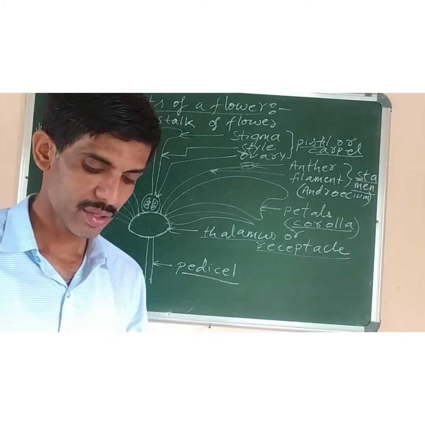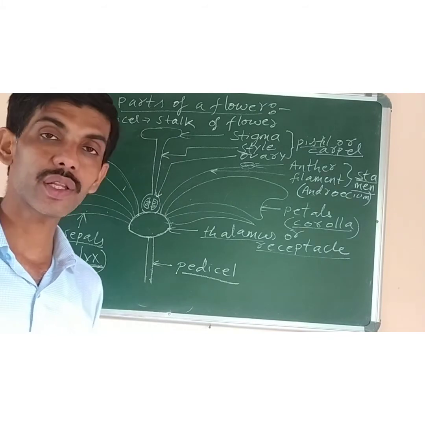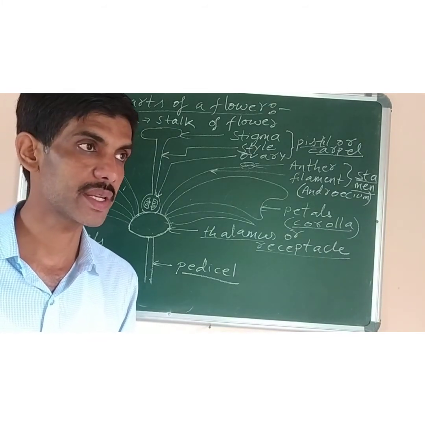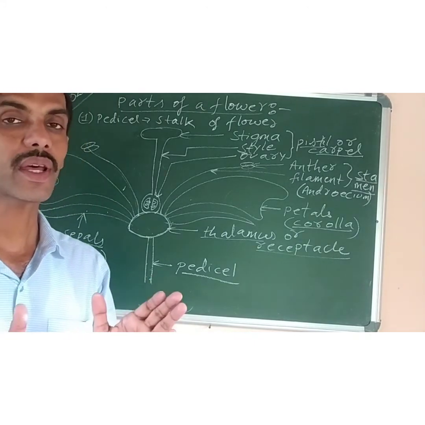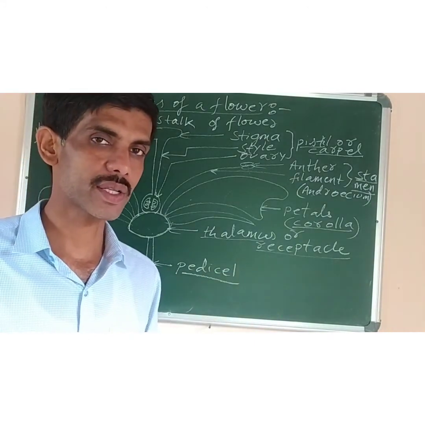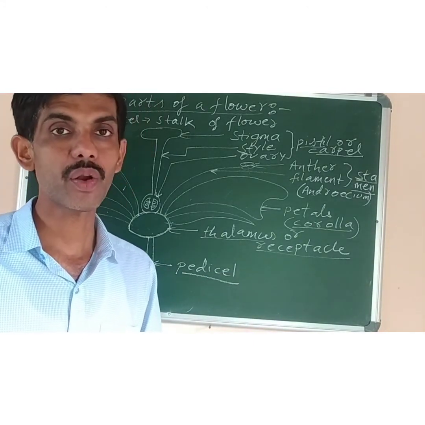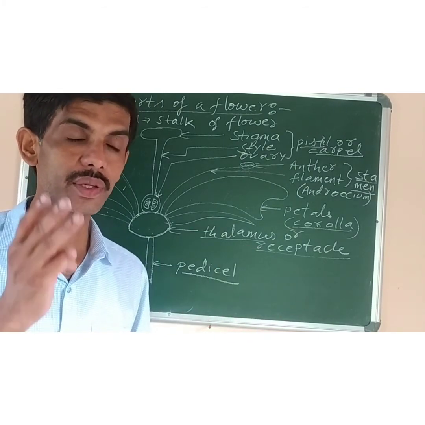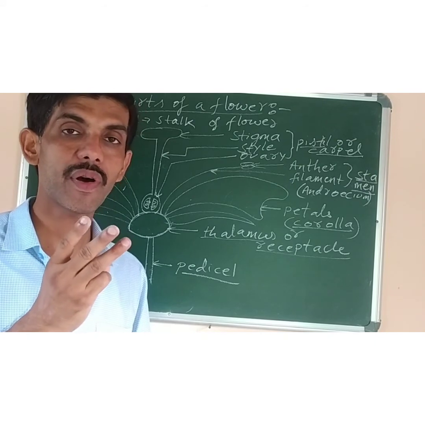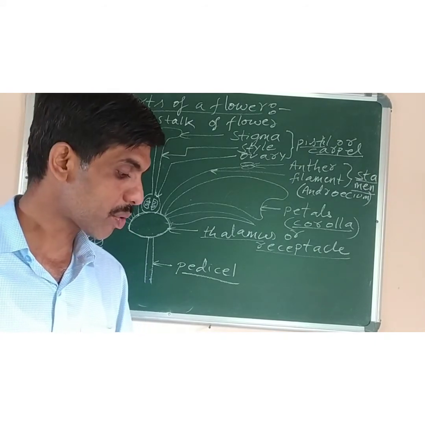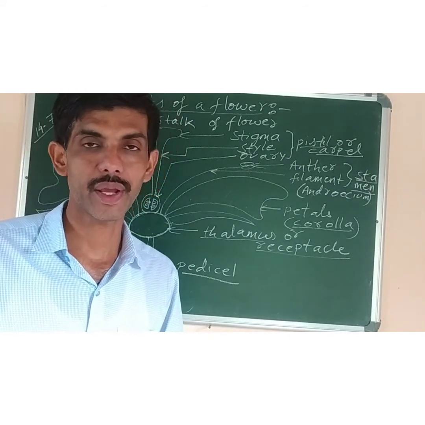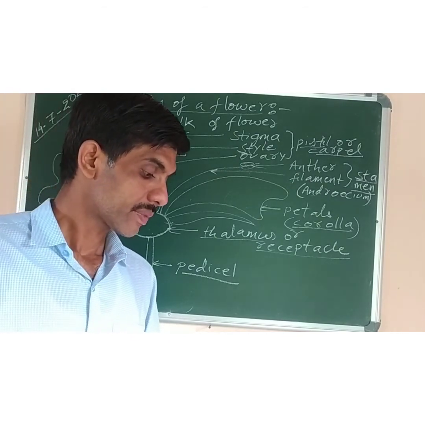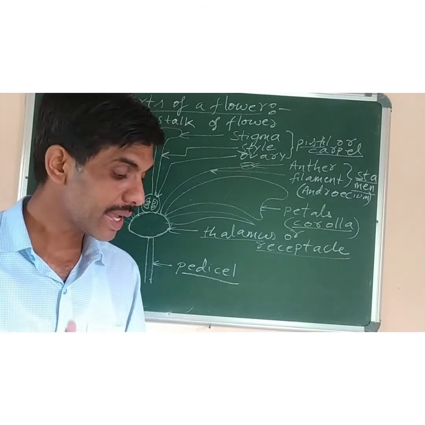Okay. So next we have to study about floral symmetry. What is the meaning of floral symmetry? You should understand. Symmetry means whether we can divide into two equal parts or not. So based on whether we can divide a flower into equal parts or not, there are three types of symmetry found in flowers. What are they? Number one is actinomorphic or regular flowers. A flower, when the flowers are radially symmetrical.